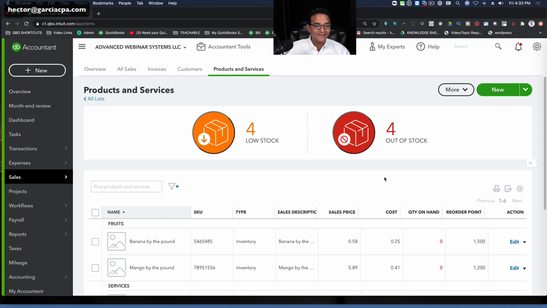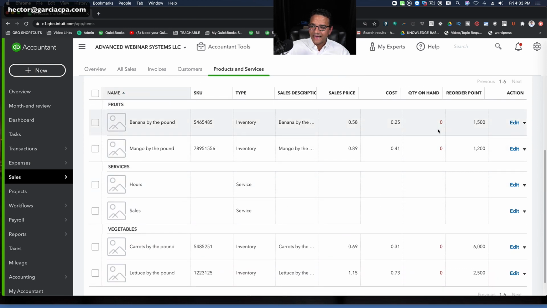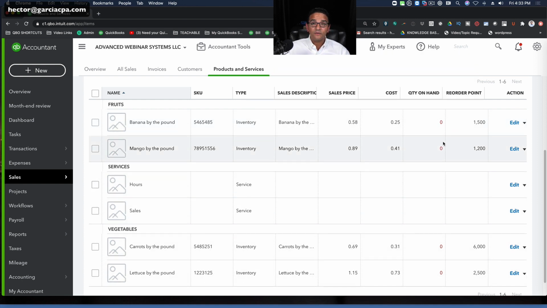So now I have a whole bunch of transactions that I created today, estimates, purchase orders, and just to keep in mind, none of this stuff affects my inventory. Purchases and purchase orders and estimates are all non-posting, so my inventory has not been affected. If you look at my inventory list, I still have zero of everything in stock. If you look at that column that says quantity on hand, everything is zero, essentially because non-posting transactions do not